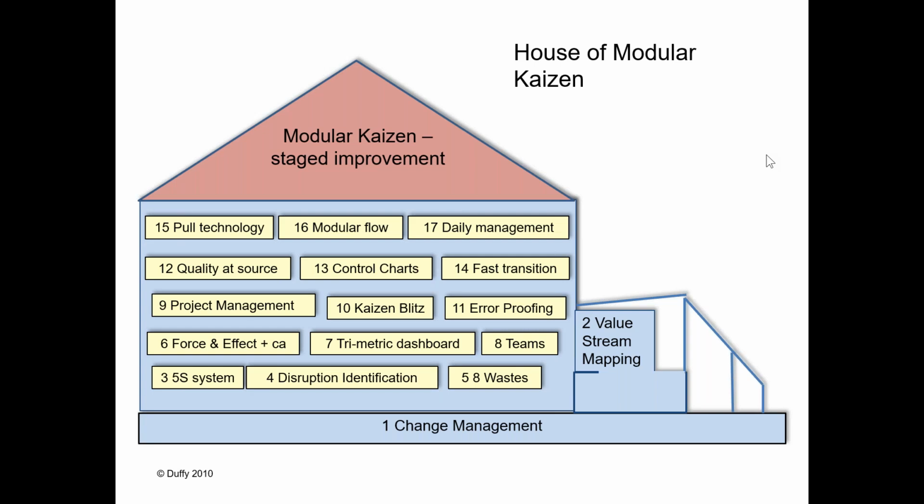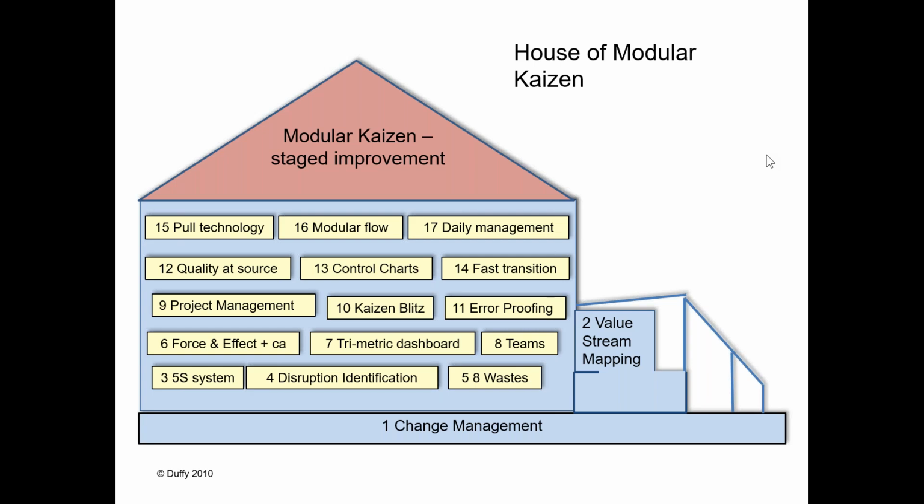And you'll hear this again when I talk about Kaizen Blitz, not tie people up for huge amounts of time. So modular Kaizen is really a project management approach to the concept of lean that allows us to very quickly get our process improvement activities moving and forward without tying people up for great amounts of time. So I'll take you through each of these different tools here as we go through the presentation.